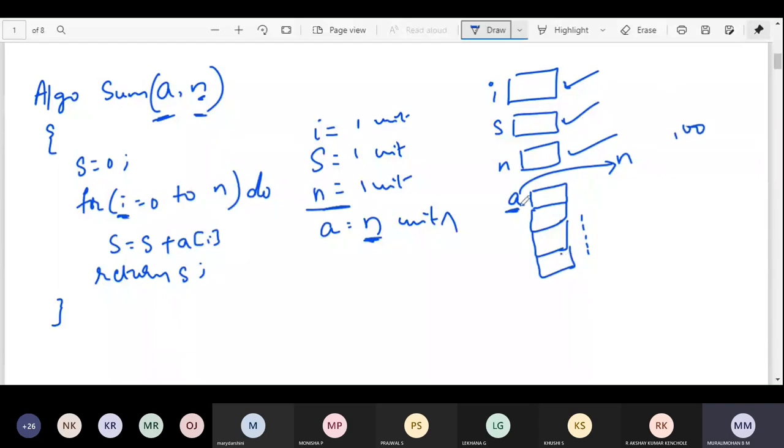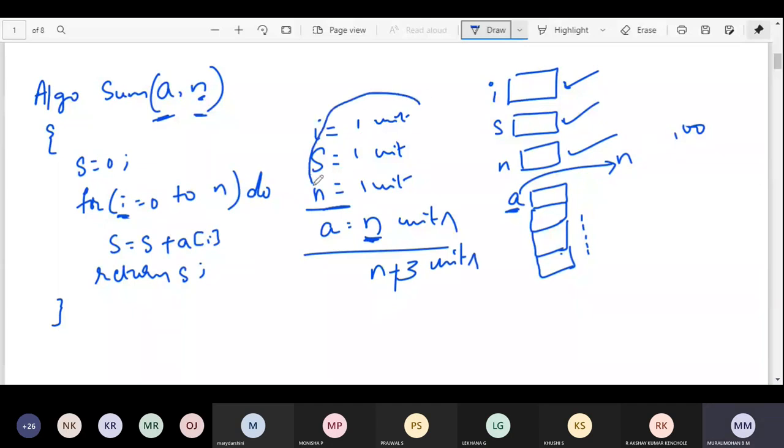So A depends on the value of n, hence it is n units. So based on these three variables, it is n plus 3 units.